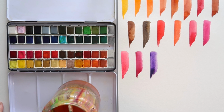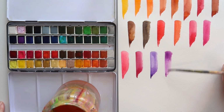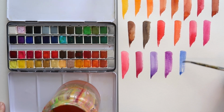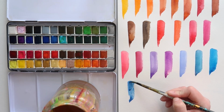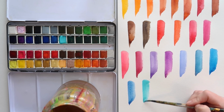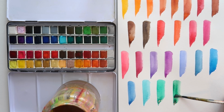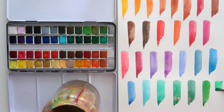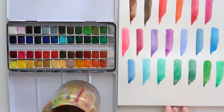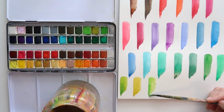because it looks quite dark in the pan, but so vibrant on the page. We have permanent violet, then we have purple, cobalt blue, Prussian blue, cerulean blue, ultramarine blue, permanent light blue, viridian, malachite green, which is the perfect name for this color, deep phthalo green, hooker's green, and cadmium green light. And then for our final row, we have sap green, greenish yellow, yellow green, olive green,